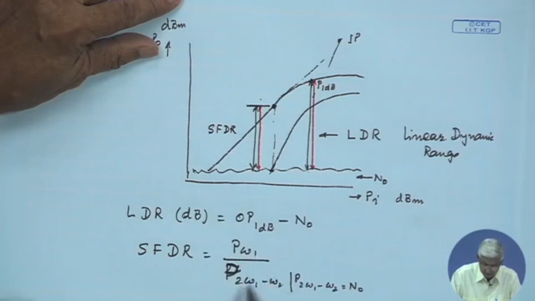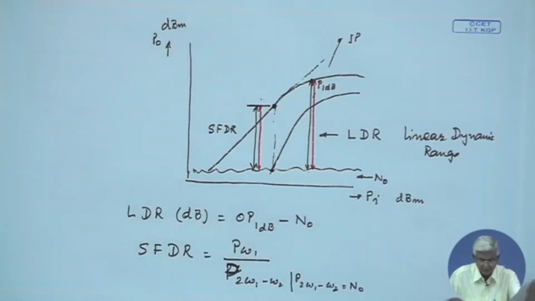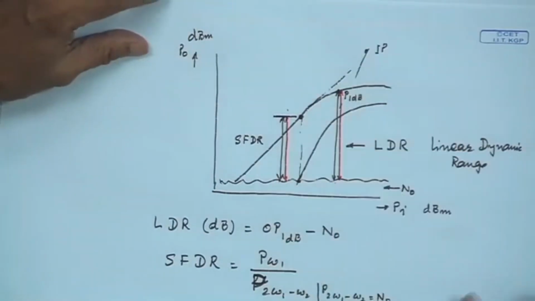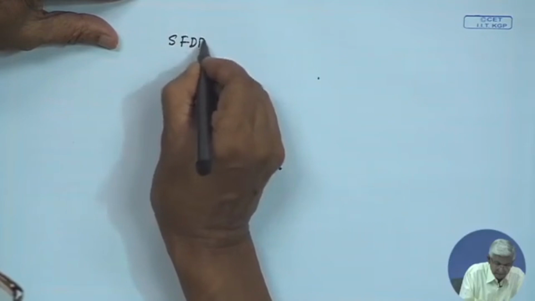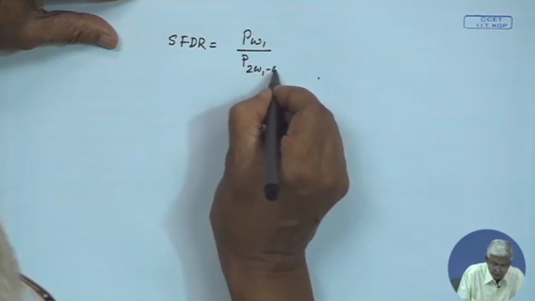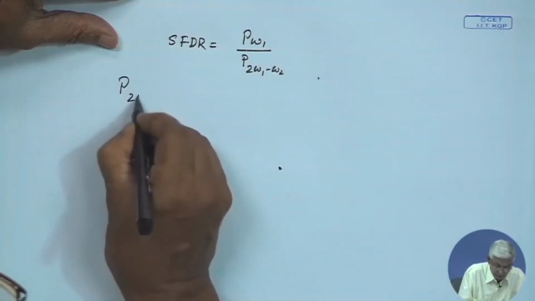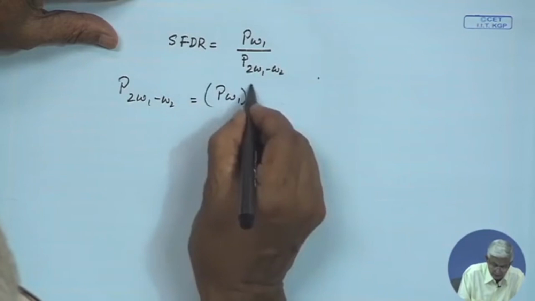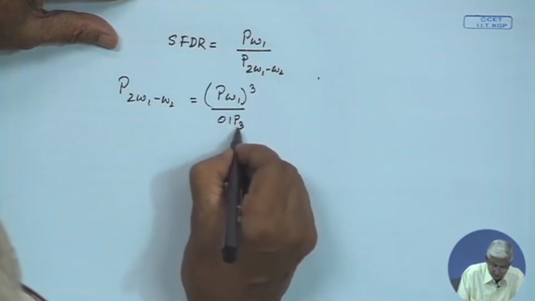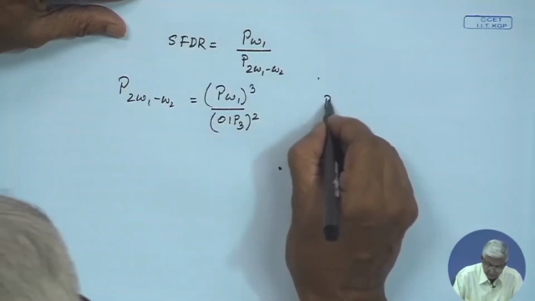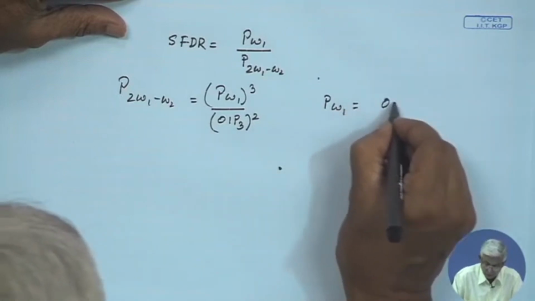So, from N0, this is given in ratio, it can be put into dB also. Let us try to calculate how, in terms of our intercept point, because that is the specification. So, SFDR is equal to P(ω1) by P(2ω1 minus ω2), and P(2ω1 minus ω2) we have seen is P(ω1) cube by OIP3 square, output intercept point square. So, therefore, I can write P(ω1) is equal to